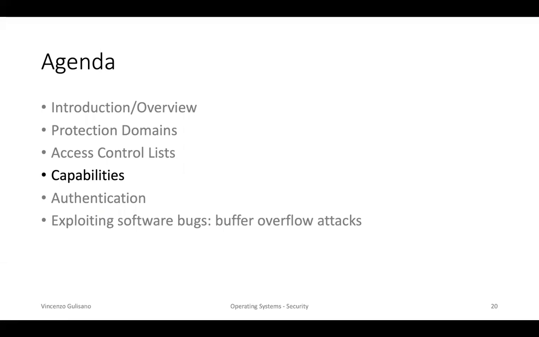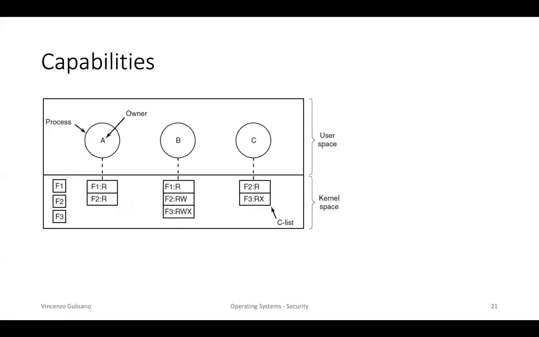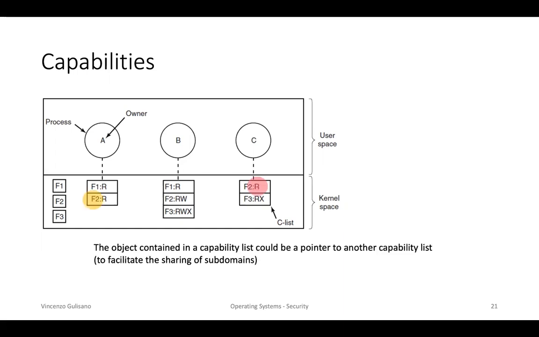Let's move now to capabilities. In this case, we associate a list of permissions to each domain process. Each entry in the list is a capability, a file, or another object, and the set of rights associated with it. Since two domains can have part of their capabilities lists overlapping, they could use pointers to point to other lists